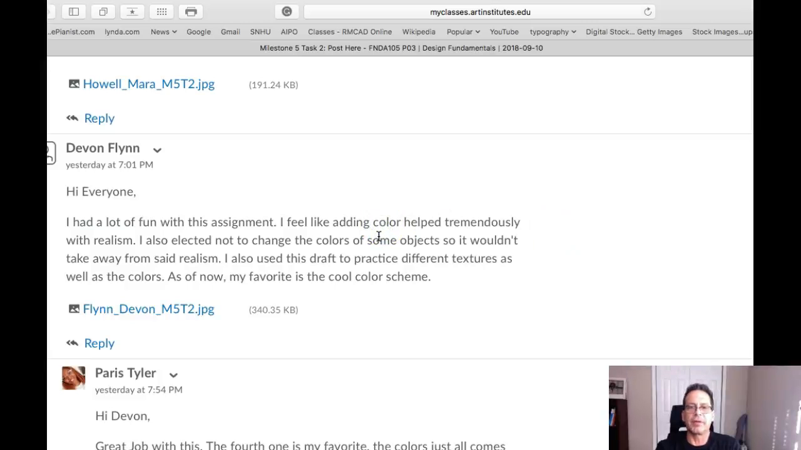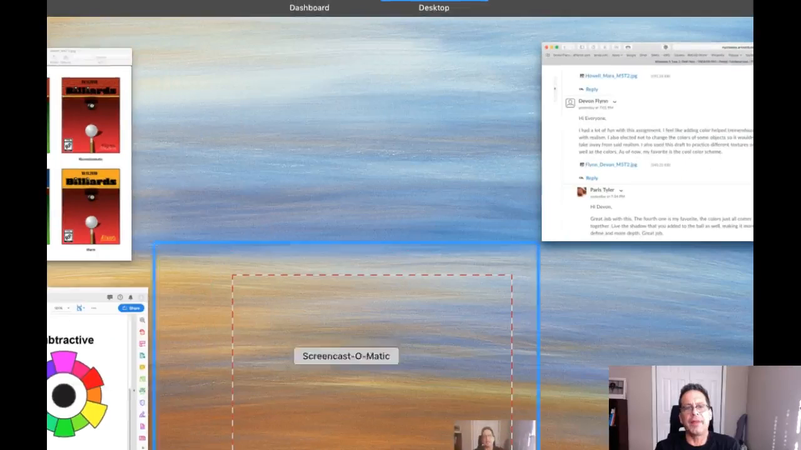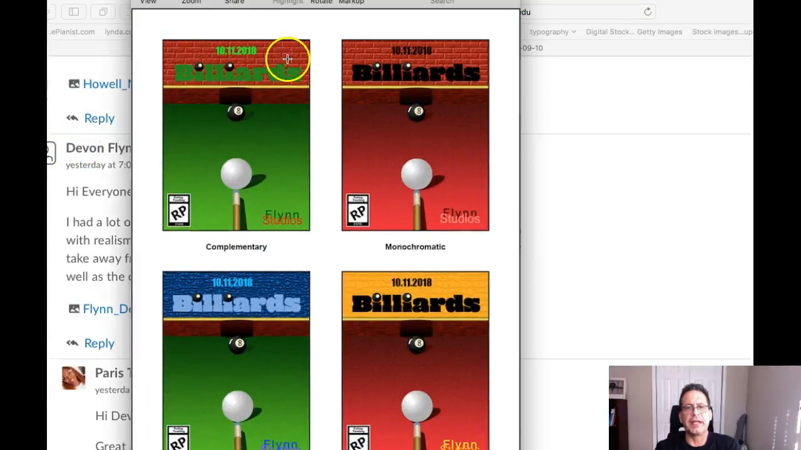Okay, yes, the power of color, indeed, adding a tremendous degree of realism. So, absolutely. Different textures as well as the colors. I saw that. I saw some different textures, and I know you said you're practicing, but just to be able